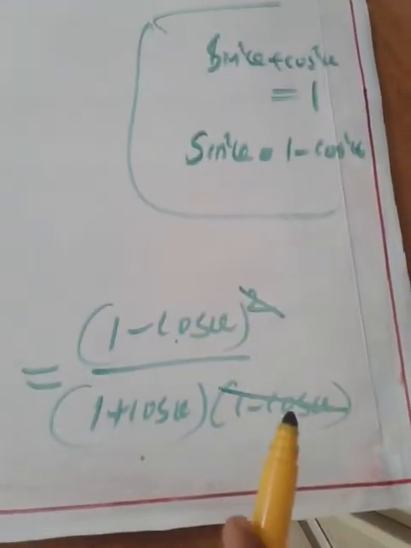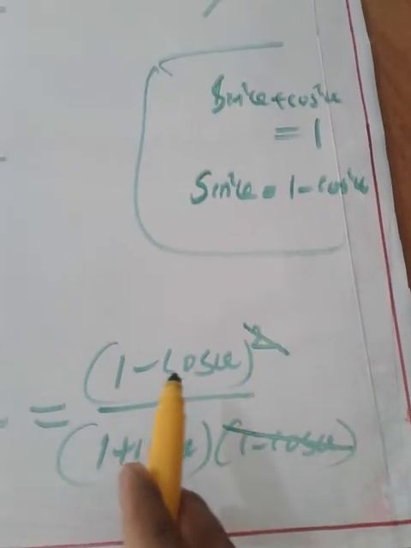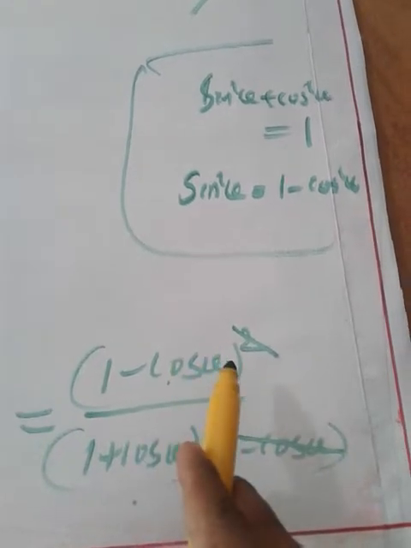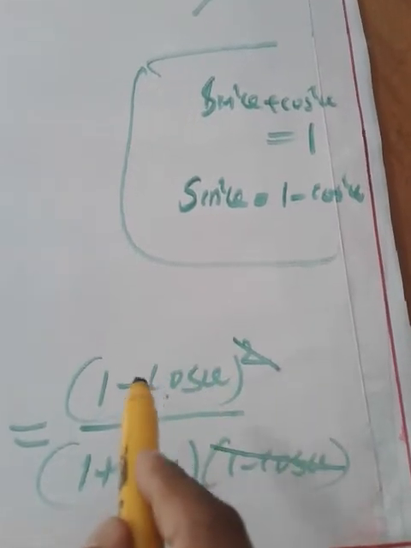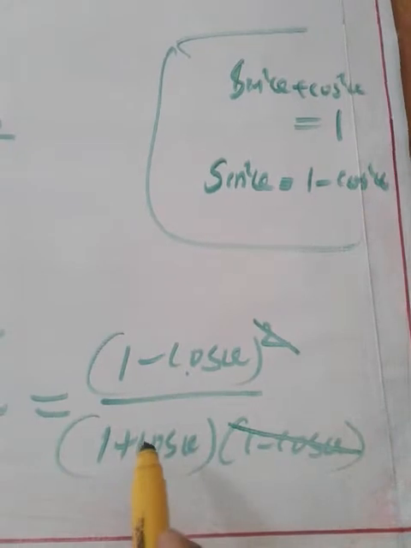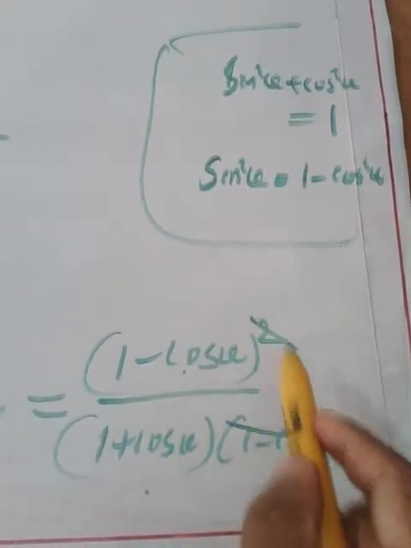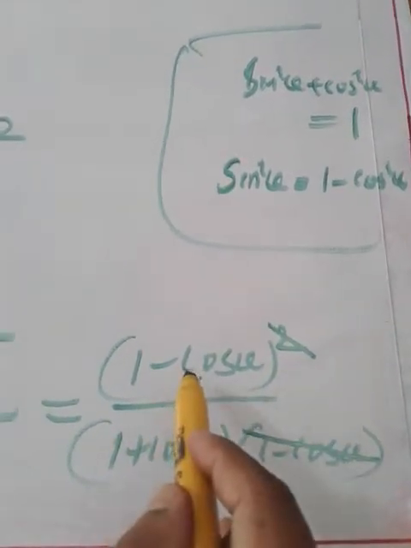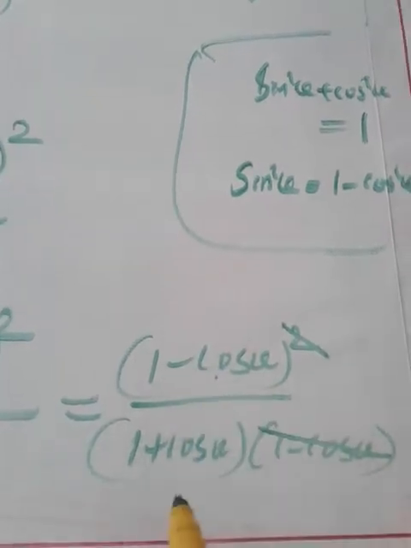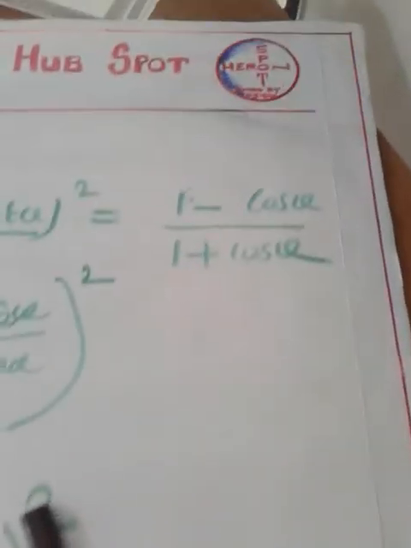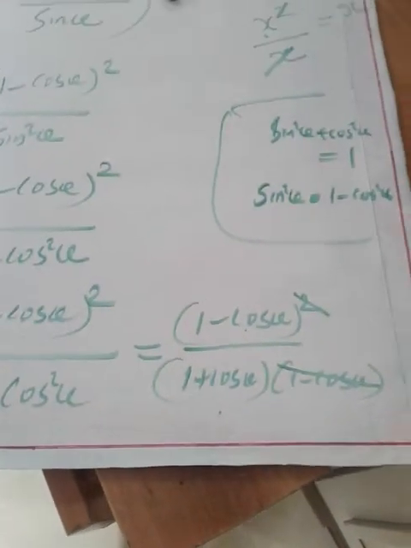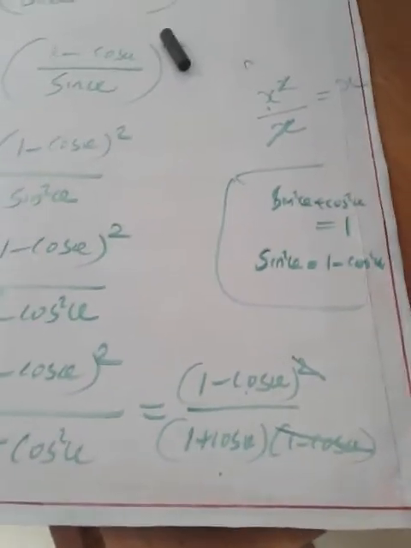അതുപോലെ തന്നെ you can cancel this 1 minus cos theta and 1 minus cos theta from here, because here 1 minus cos theta is there. Then what will remain? 1 minus cos theta divided by 1 plus cos theta. ഈ സ്ക്വയറിൽ ഒരു 1 minus cos theta ഇവിടെ ക്യാൻസലായി. അപ്പോൾ ബാക്കി എന്തുണ്ട്? What will remain? 1 minus cos theta divided by 1 plus cos theta. That is what we need. 1 minus cos theta divided by 1 plus cos theta, and we reached in RHS successfully. You may have understood.